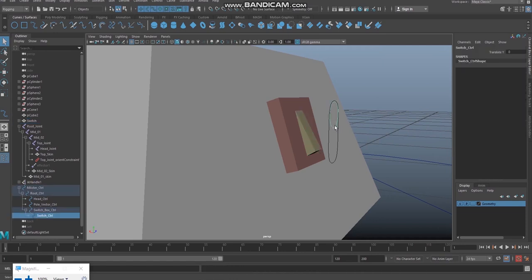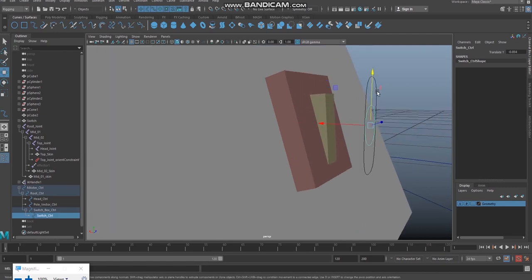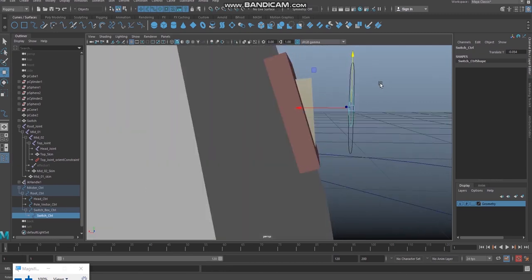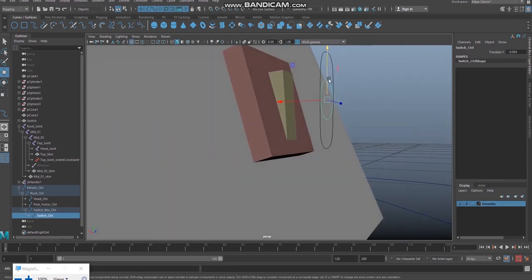After giving the aim constraint, this is power off, this is power on, but see, I'm facing a problem. With power off the switch is in a good position. When I turn power on, it rotates too much as my controller curve goes down.